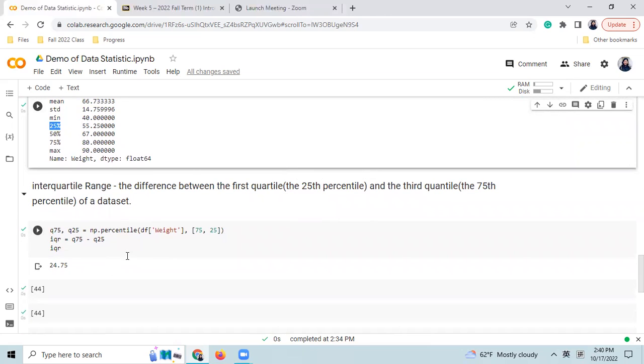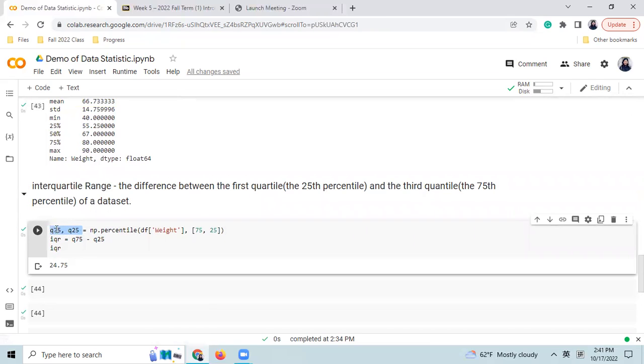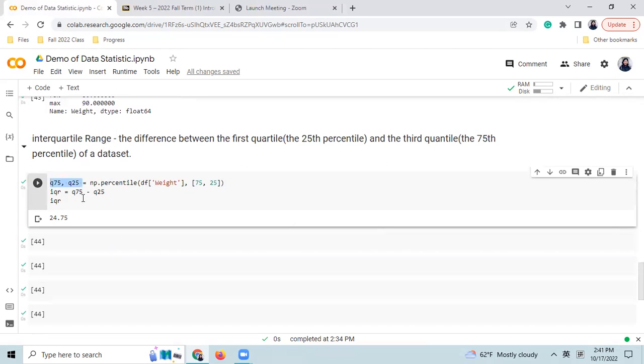But you can use a method to calculate it too. So here we can use the NumPy percentile method to get the third quartile value and then the first quartile value, which are the 75th percentile and then the 25th percentile. So we get those two values and assign them to Q75 and Q25, and then use Q75 minus Q25, and then we get the interquartile range,